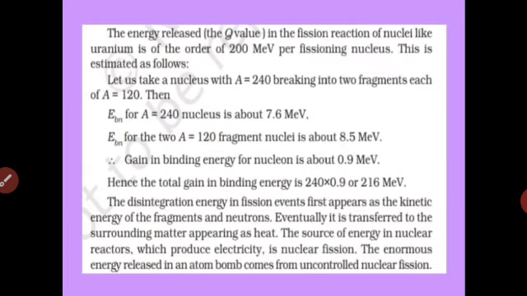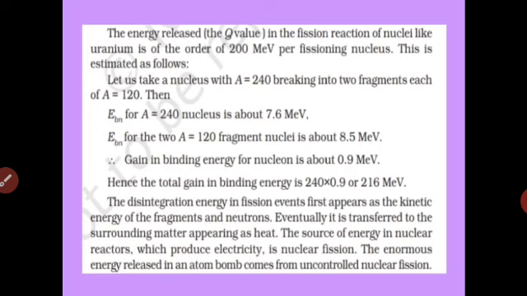Now, what is the energy released in these fission reactions? The energy released, that is the Q value in the fission reaction of nuclei like uranium, is of the order of 200 MeV per fissioning nucleus. So you see the value is around 200 MeV. From where do we get this value? We can always work out the calculation for this